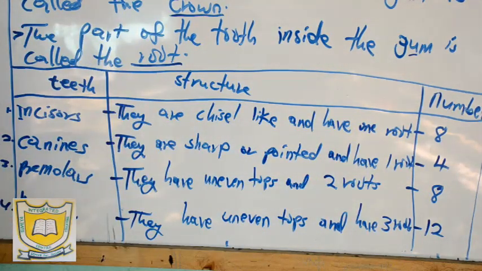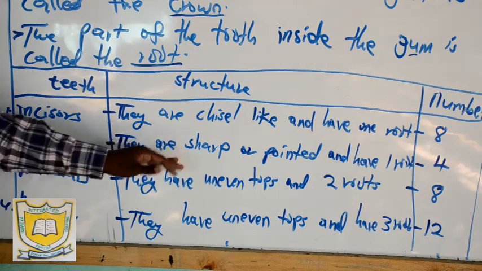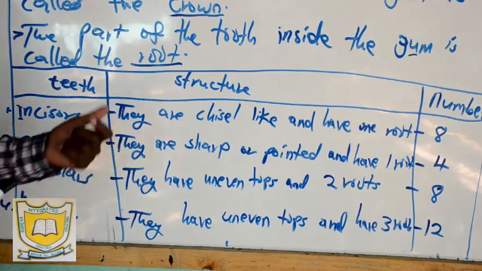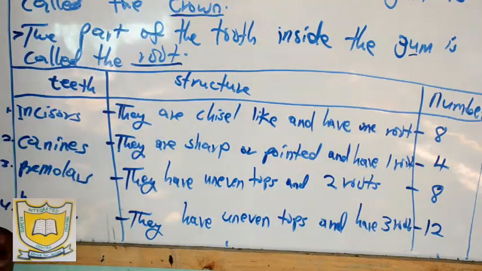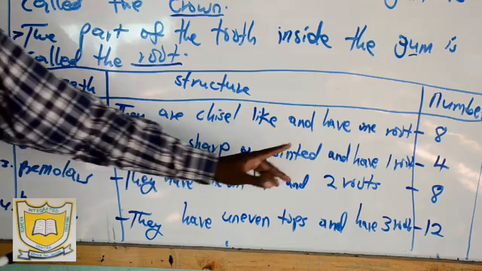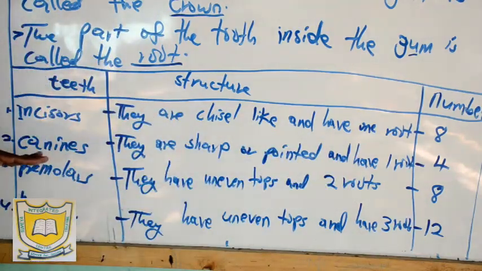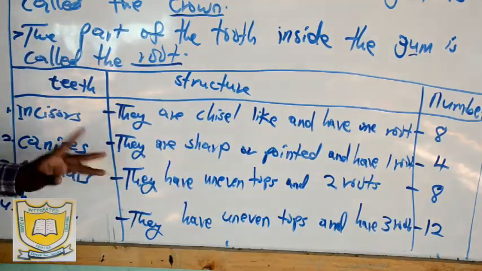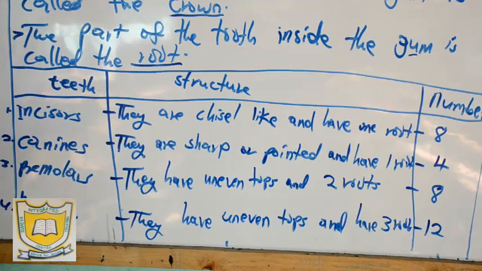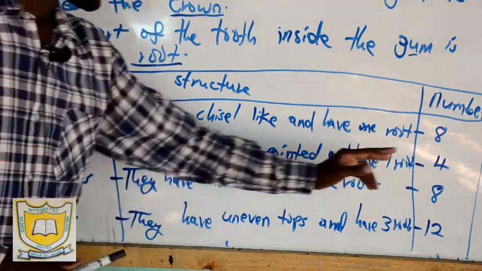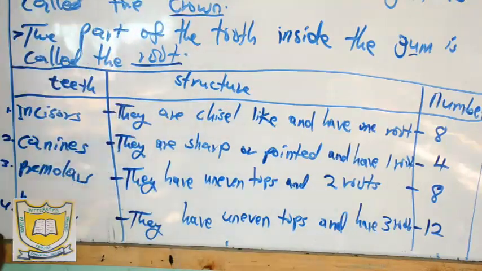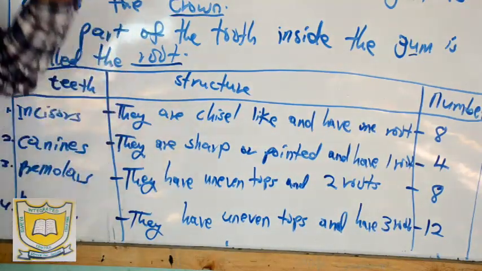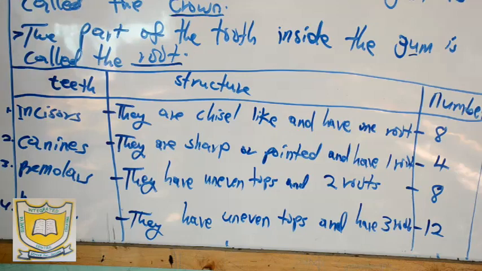The second one, we have the canines, of which we say, how does the canine look like? They are sharp, or we can say they are pointed in structure and also have 1 root. So we find that the incisors and canines only have 1 root, but now when you talk of the number, you find that canines are 4 in number, which means there are 2 on the upper jaw and also 2 canines on the lower jaw, making a total of